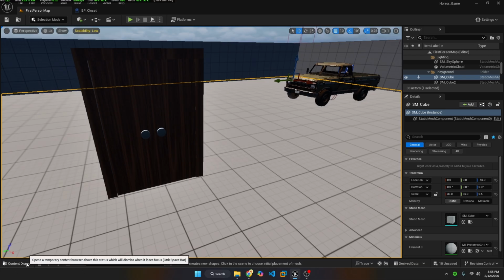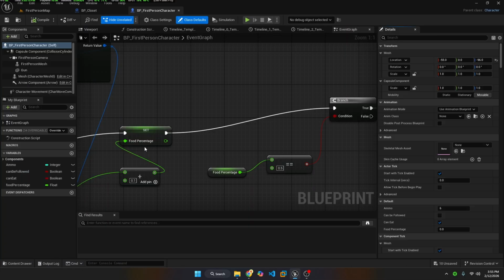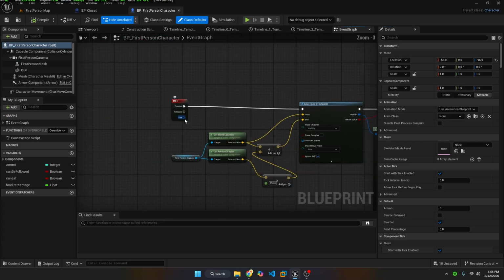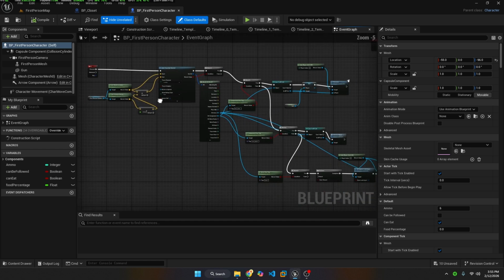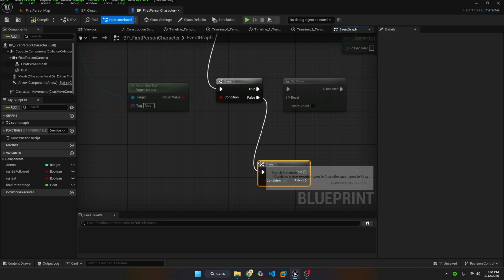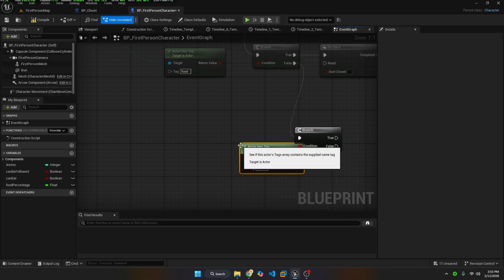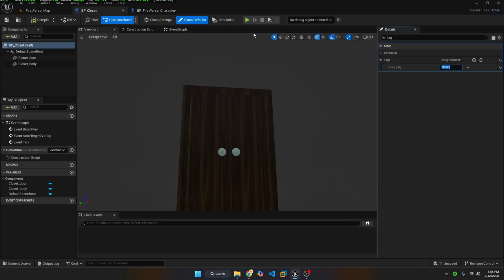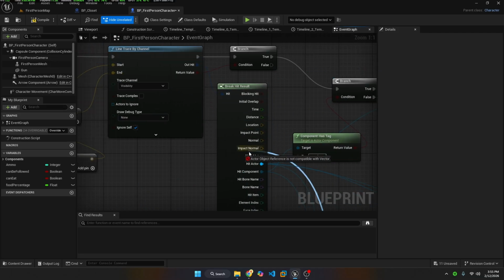Now the next thing we're going to need to do is go into first person blueprint character, and we want to go to wherever you have your interact line trace. So the code will be in the description if you don't already have one. Now out of the branch, we want to get another branch, and the condition should be actor has tag, and the tag is going to be whatever we set over here, so closet. So I'll just copy that and paste it in here. The target is going to be hit actor,